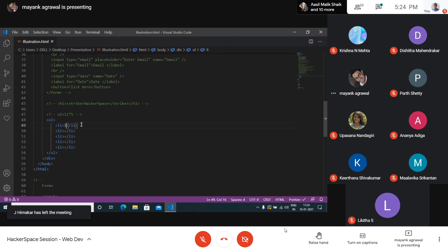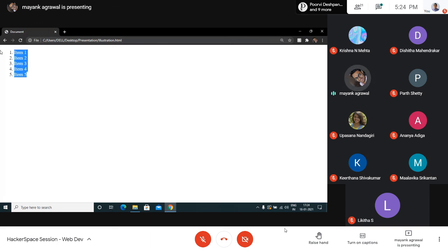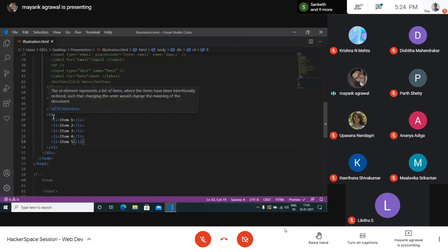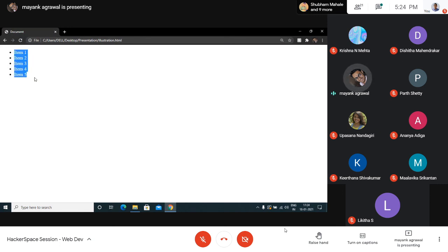So what OL over here means is ordered list, and if I type anything here, like one. Yes, so it's an ordered list. As you can see, everything is numbered 1, 2, 3, 4, 5. So a list like this is called an ordered list. Instead of OL, if I just make a small change over here to UL, save and refresh, it becomes bulleted. So UL represents an unordered list.